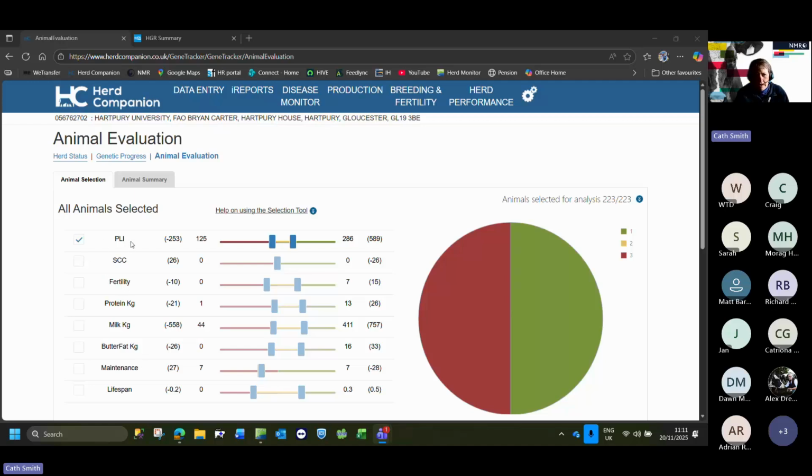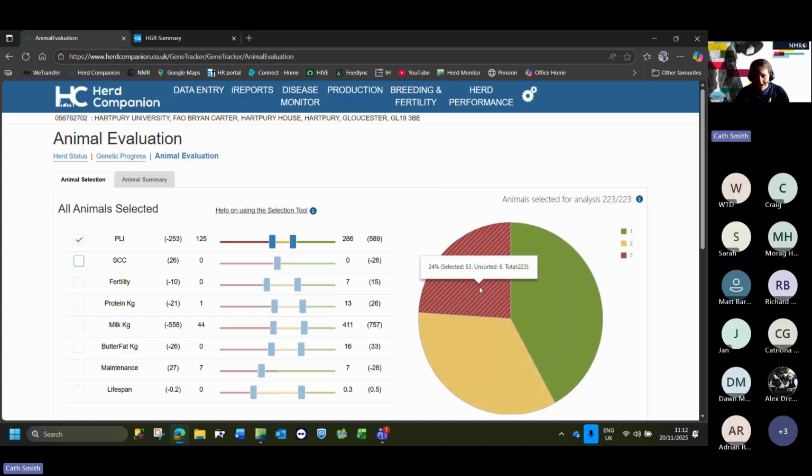So you can pick and choose. I'm just going to stick with PLI on mine for now, but you could equally tick fertility, which I want to concentrate on, and maybe the cell count one, which we were seeing was a lower national level. So this will change accordingly. And for the very first time that you go in, you usually end up with a pie chart looking like this, which is your herd split exactly 3 ways. So it will automatically assign, in this case we're just slightly off, but 33% of the herd into a